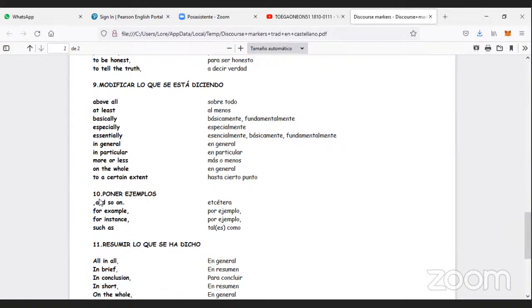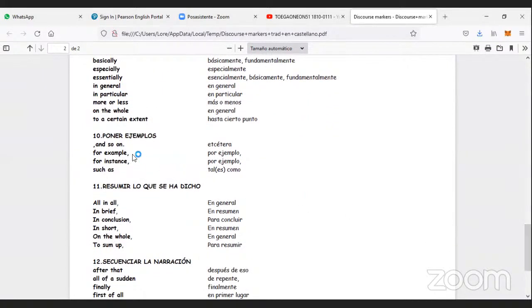In order to give some examples, it's very common to use the words for example, but it will be better if you use others like for instance, such as, and so on, okay, in order to give examples. If you want to resume something, you could use in short, to sum up, okay,